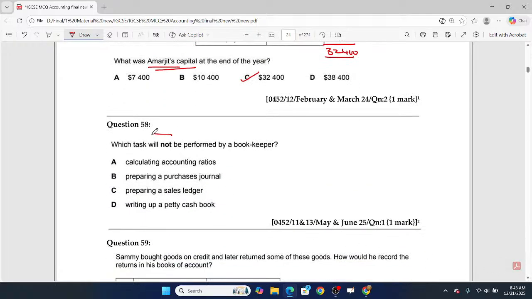Which task will not be performed by the bookkeeper? Accounting ratios are not done by the bookkeeper, and the purchase journal, sales journal and petty cash book are prepared by the bookkeeper. So A is the correct answer here. And 59,